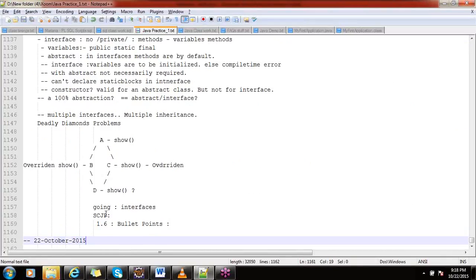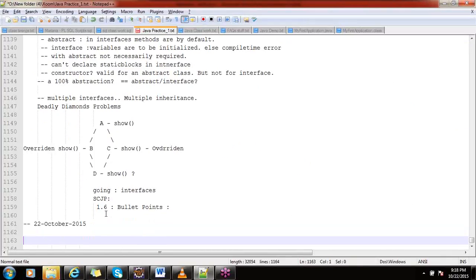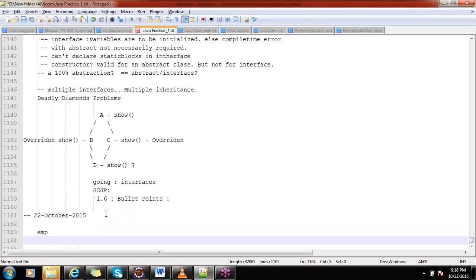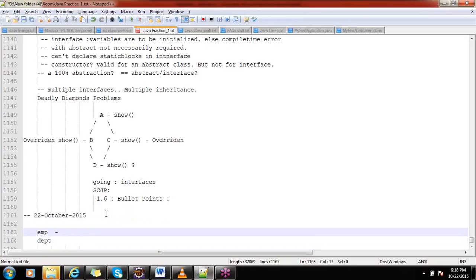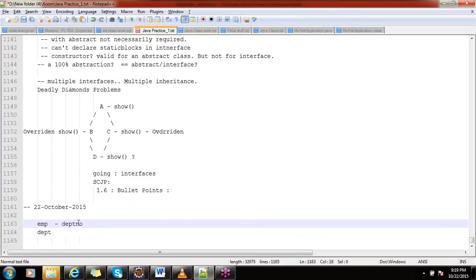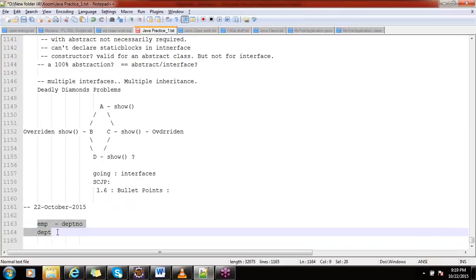Right. So here, I say I have an employee table and a department table. These two tables are joined using department number. We have seen those examples, primary key and foreign key relationship. I am writing some SQL queries which make use of these two tables very frequently. So if you get into the database,